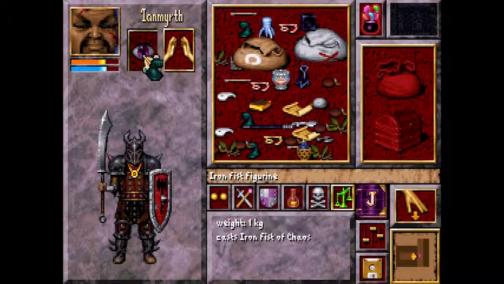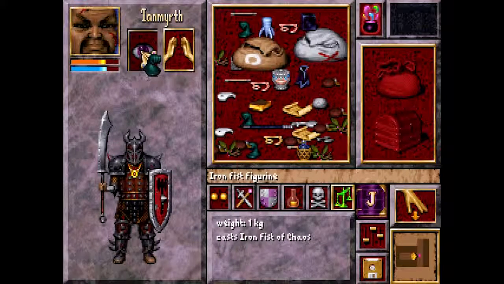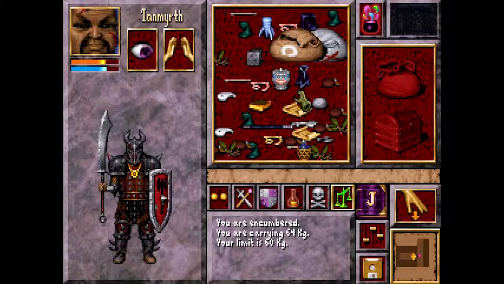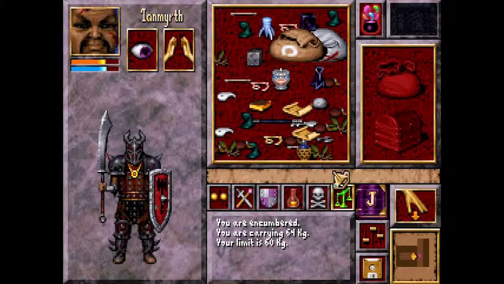I mean, those weigh 1. It really is getting difficult here. Creates a movable wall? I mean, what use is that? I don't understand. That weighs 2. Alright, well, let's...